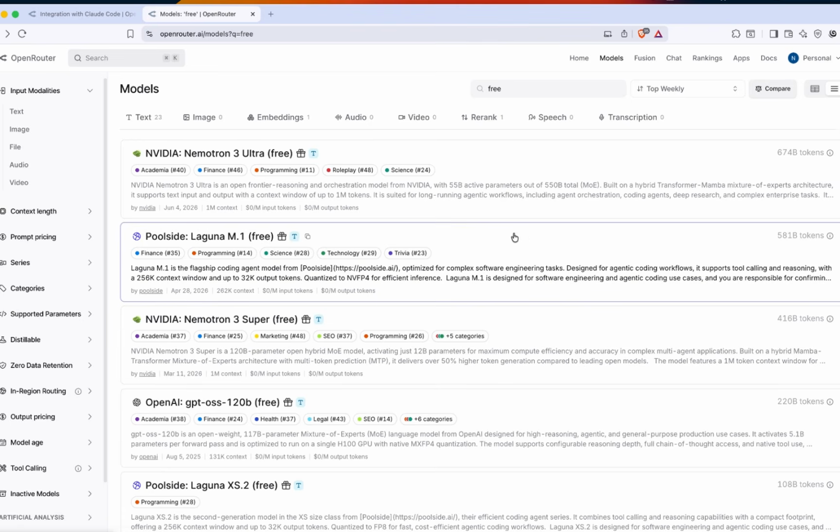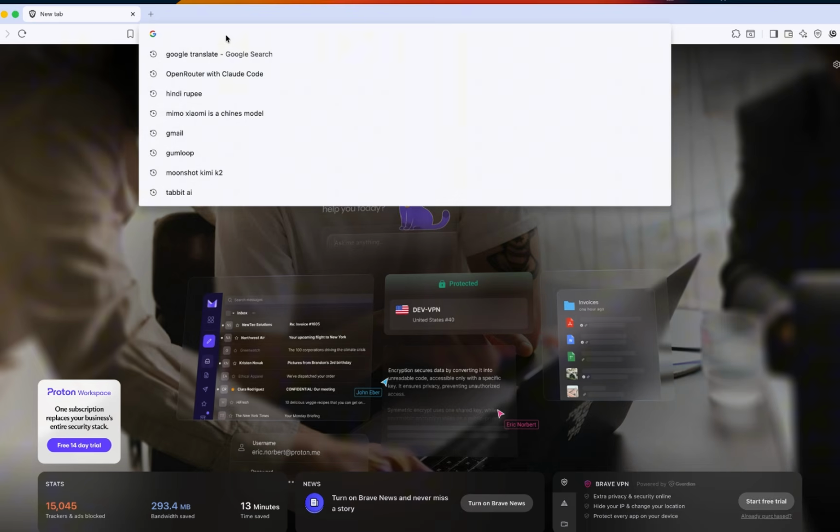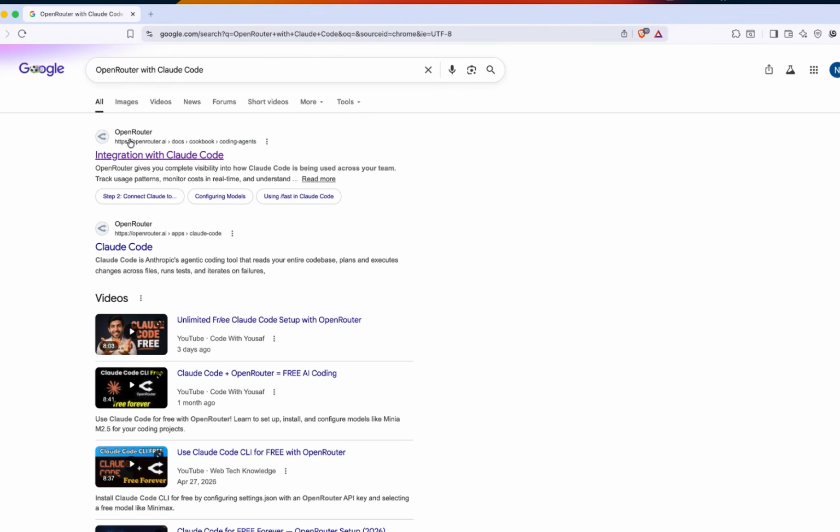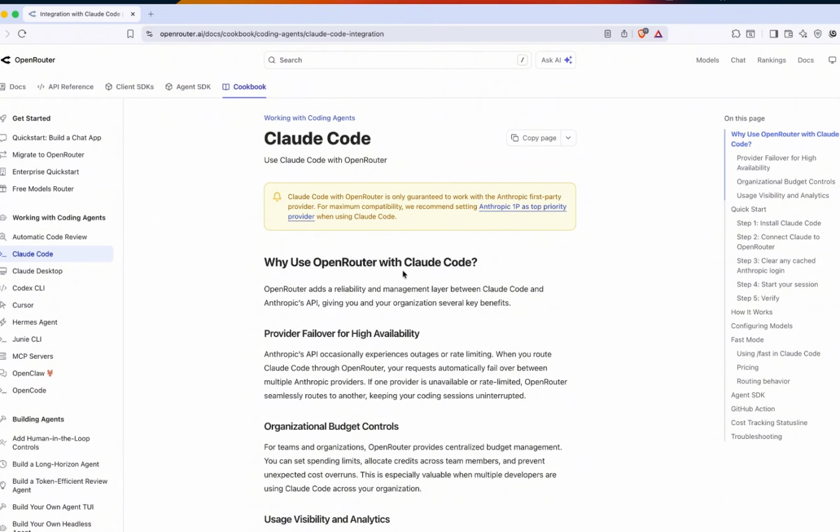Then let's get started. First, go to your favorite browser and search OpenRouter with Claude Code. Then you can find the integration with Claude Code. This is the official documentation of OpenRouter that mentions how you can connect OpenRouter free models and paid models inside Claude Code. Not only in Claude Code, you can also connect OpenRouter models inside Codex, Cursor and